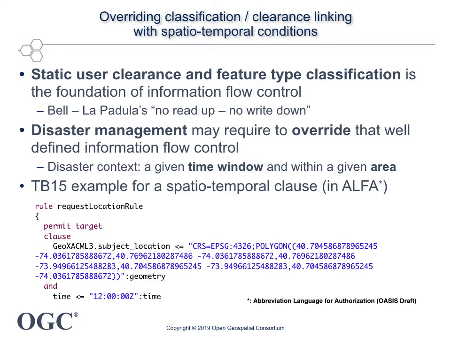Managing deviations from the static information flow control is important when it is relevant to dynamically adapt access. This can be important to better manage a disaster by defining a time window and an access area. For example, access during a specific time and for users located within the policy area have access to all data